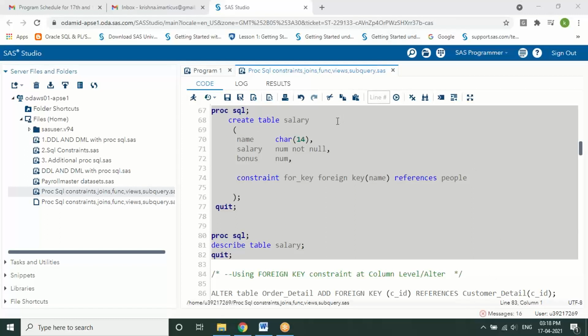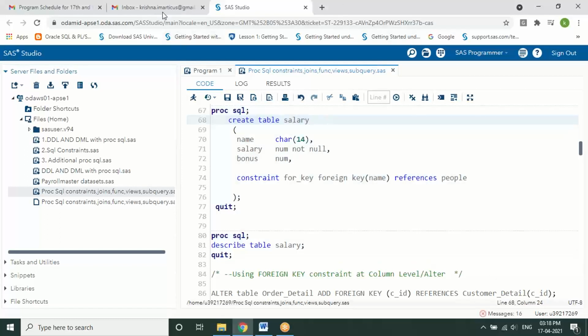Here, I'm going to create a table called salary, which you can observe has the name as one of the common columns, the salary not null, and bonus. Here we are writing a constraint. Let's say the name of that constraint is for key. The foreign key references the earlier table which we created called people.